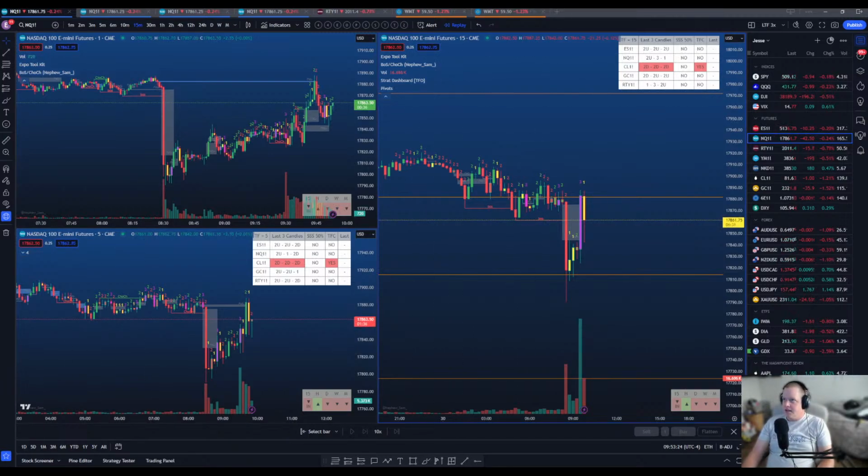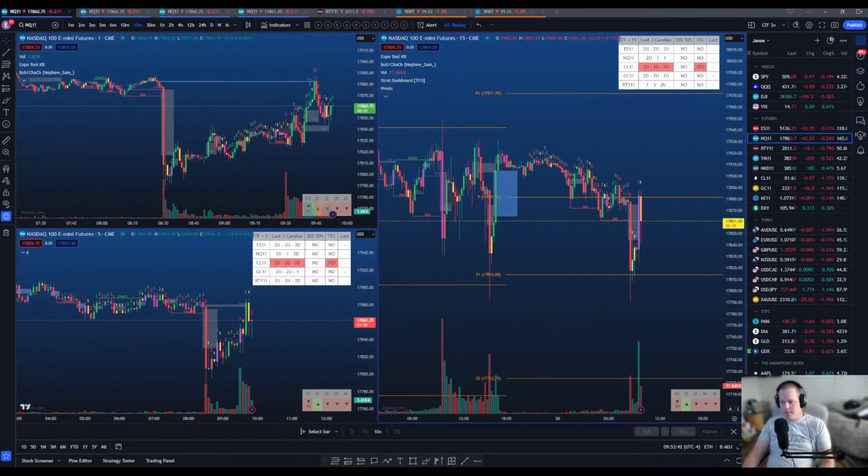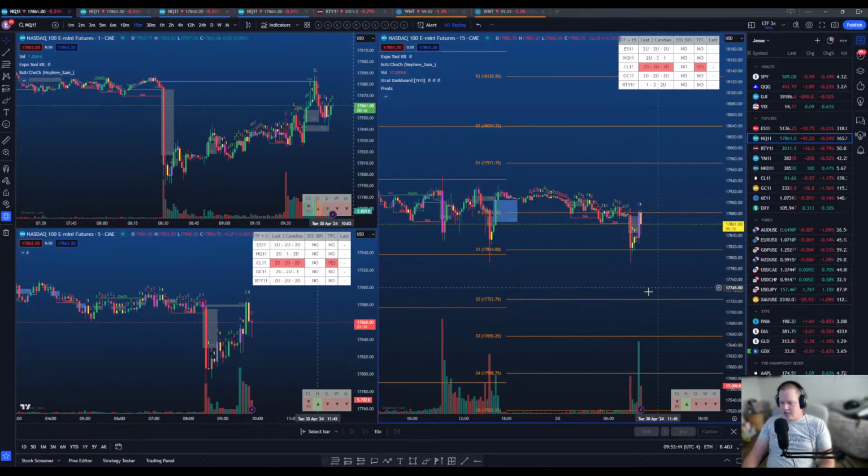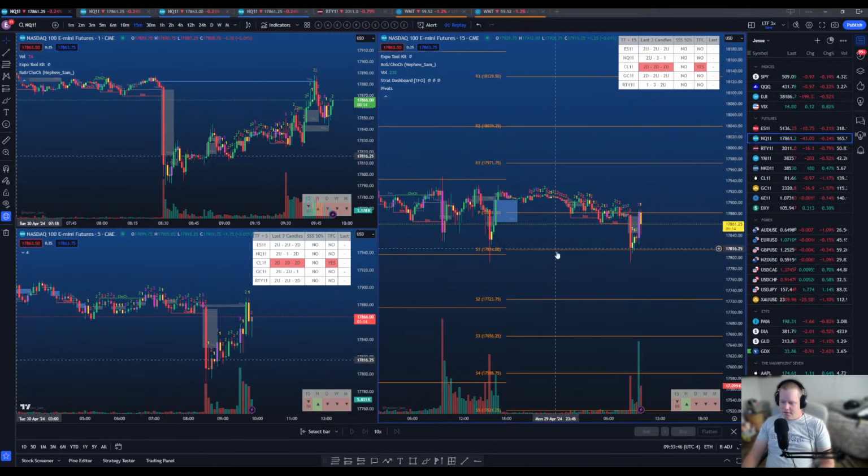What pivot indicator is that? It's just the one from TradingView. So it looks like it does have an actual reason for where the pivot points are, but obviously they're just ideas. Right now we bounced off the S1, but